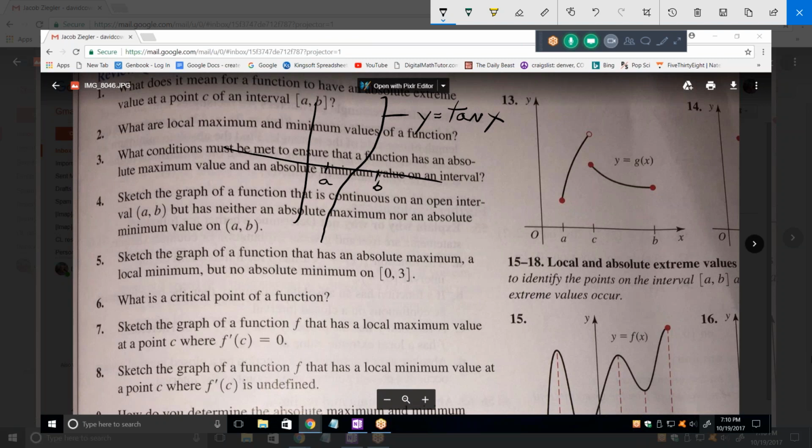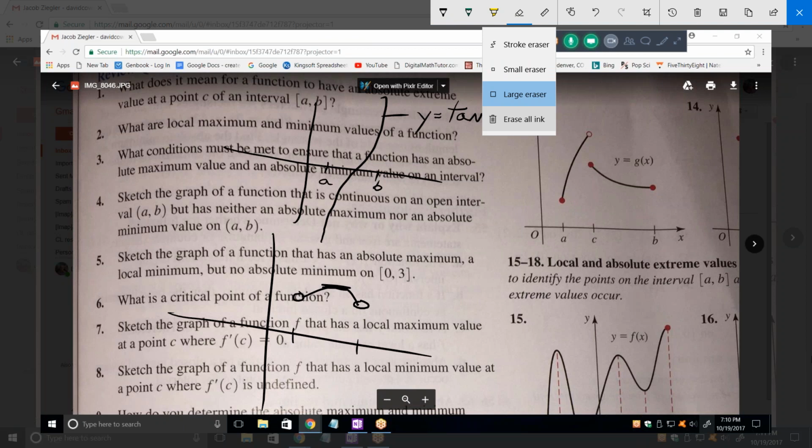Could you do like 2 open dots too? What do you mean? Like you know how you like the circle dots, but they're not filled in? Yeah, something like this, you mean? Yeah. Well, that actually has an absolute maximum there, but what if it was just a straight line? Let me draw it a little differently. I didn't need to draw it like that. I can draw it the way you want it. In other words, this